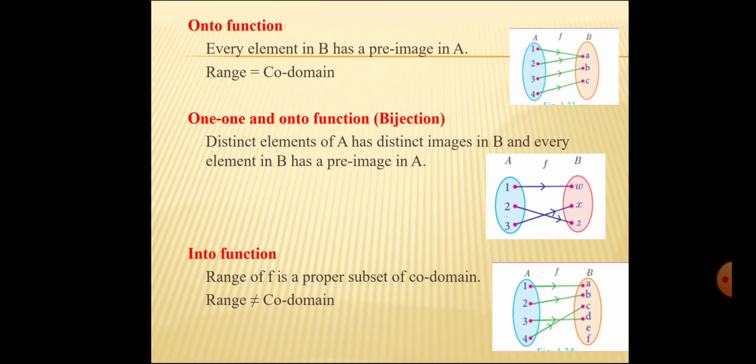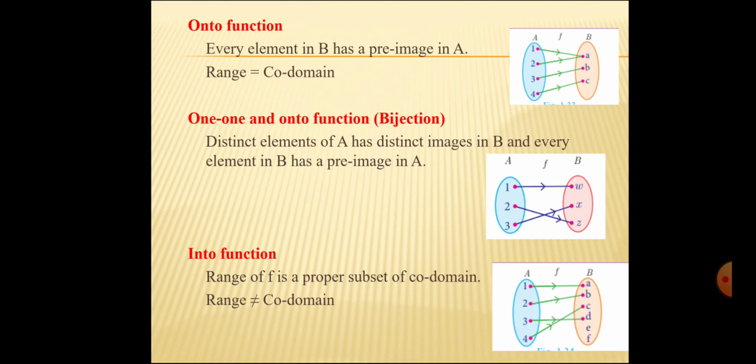In a sentence, we want to write the range of f is a proper subset of the codomain. Subset, you already know from 9th standard. What is a subset? Every element within the set, that is a subset. Here the range A, B, C, D is inside the codomain. So it is a subset. So you shortly noted range is not equal to codomain.